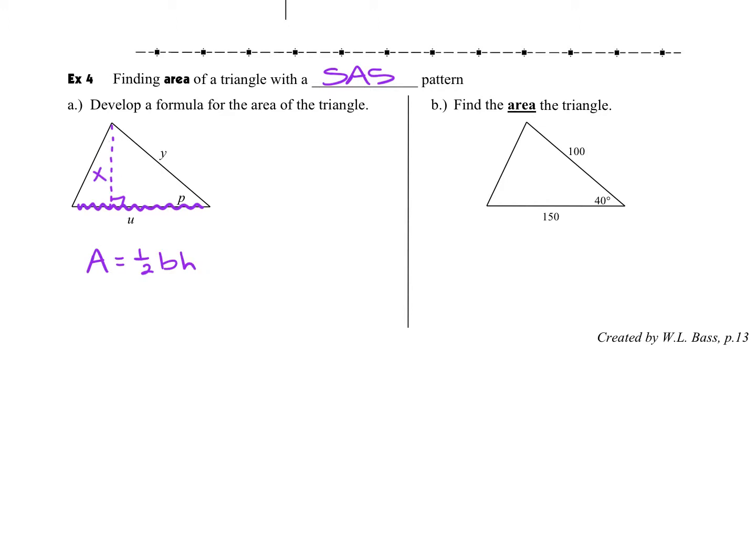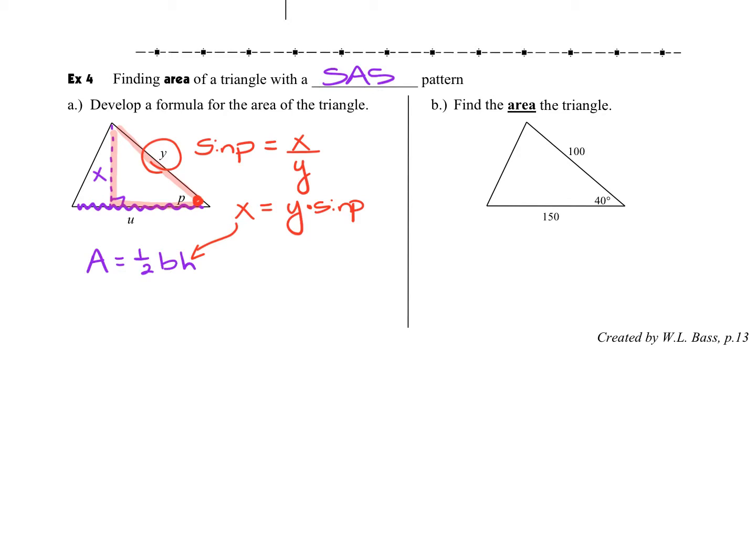So what we're going to do is look at the right triangle that I've created here, and find an expression for this height. We're going to know this angle P, so we're going to say the sine of P. And from P, we want this opposite, and we'll know this hypotenuse. So we're going to say x over y, and then we're going to cross multiply, and x is going to be equal to y times the sine of P. Now, if x is y times the sine of P, and we've already established that this x is going to be our height, and y is going to be our, sorry,